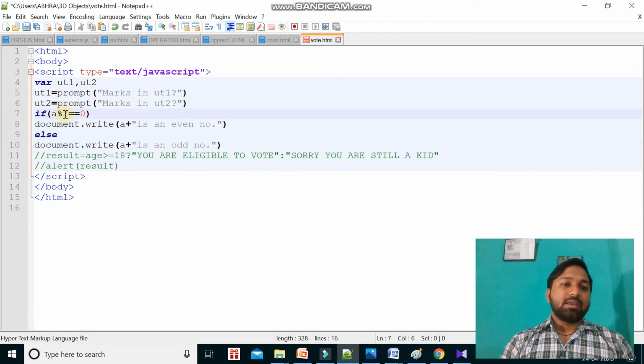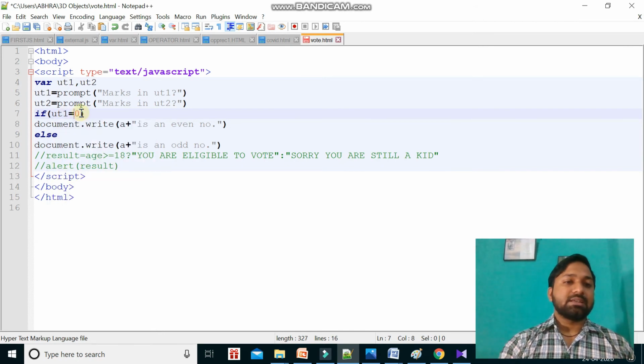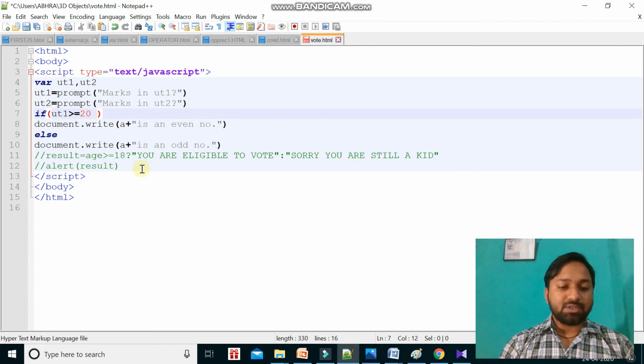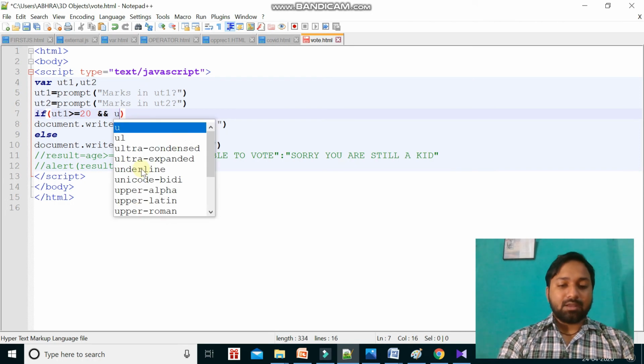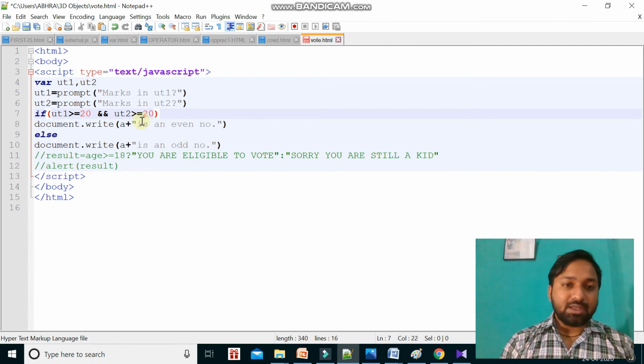Now I will check if ut1 marks is greater than or equal to 20, it is what operator? AND operator or OR operator? So it will be the AND operator. I require more than 20 marks in both, this and that, so I will use the AND operator. If it were enough to get 20 in either this or that, then I would have used the OR operator. So here I will use the AND operator. AND operator is double ampersand. ut2 marks is greater than or equal to 20. So this is my condition. So if both the conditions are correct, then